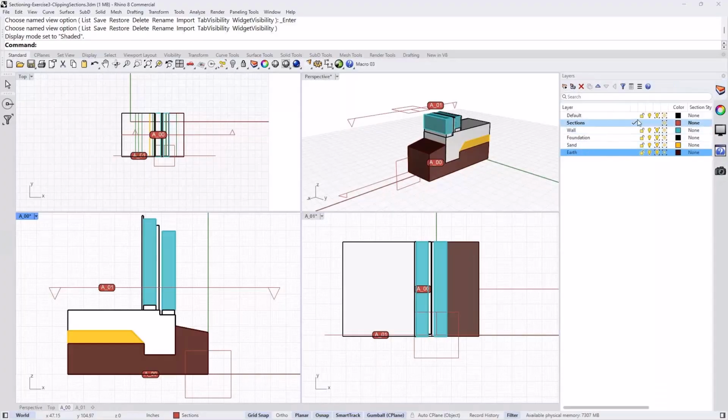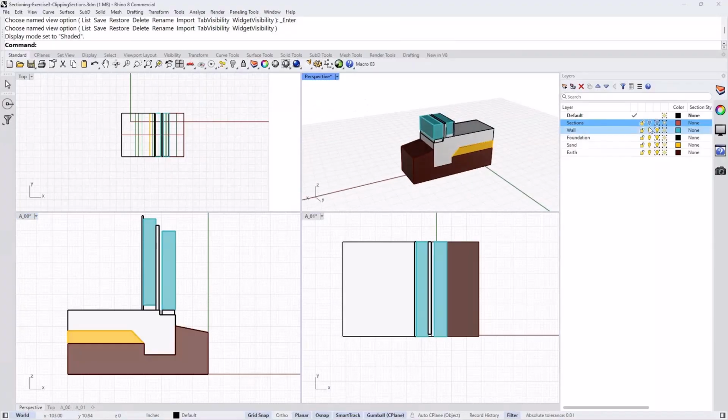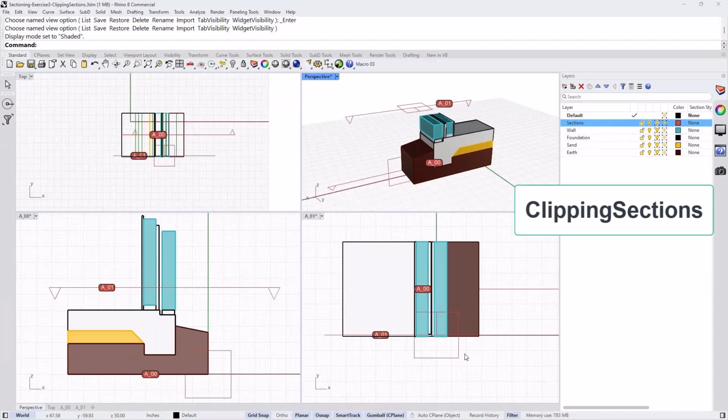You can always turn off the clipping planes if you don't want to see them. You can turn off the layer if you wish. This is basically what the clipping sections command does. You can think of it as a clipping plane with all the options available, additional options to set up the properties, but also the option to save it to named view, and the option to clip, unclip, and all the other things. But again, those things can be done also from the property panel, except for saving to named view.